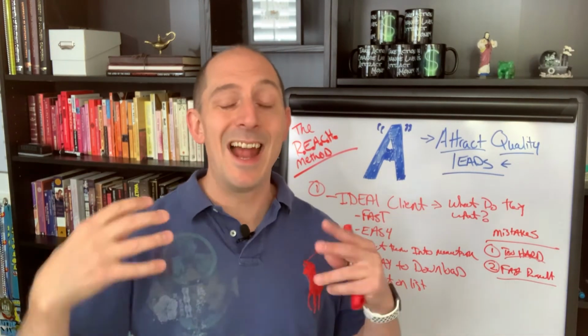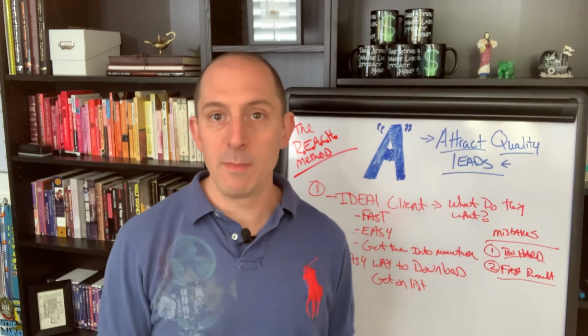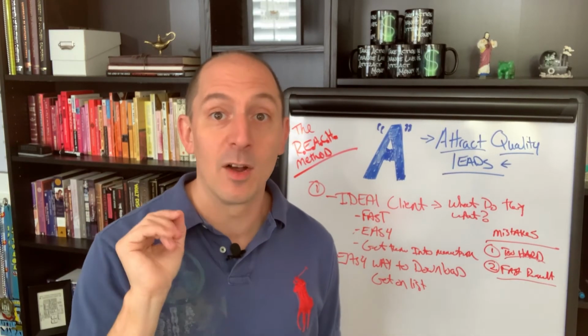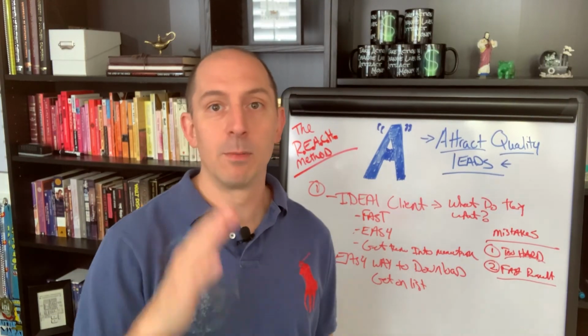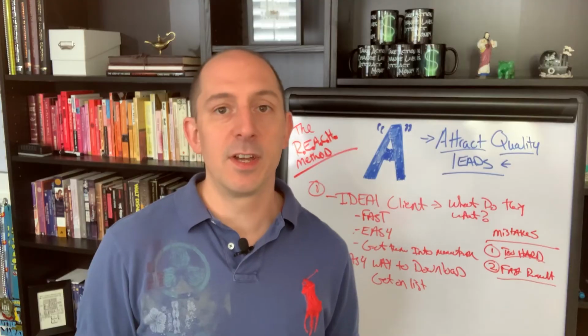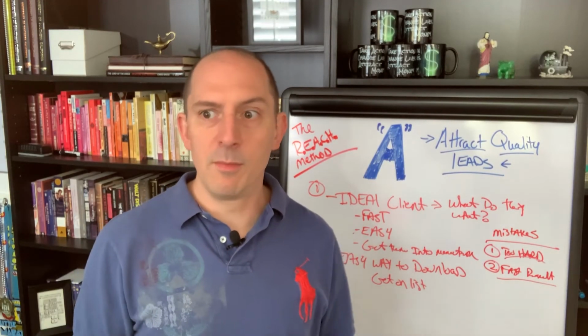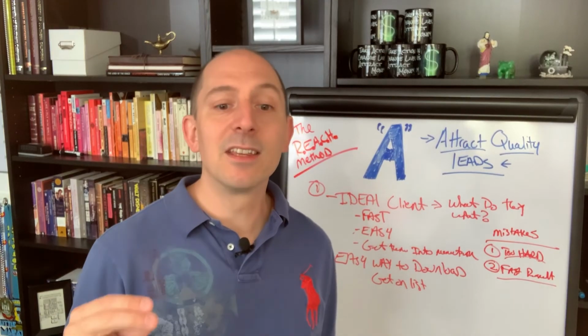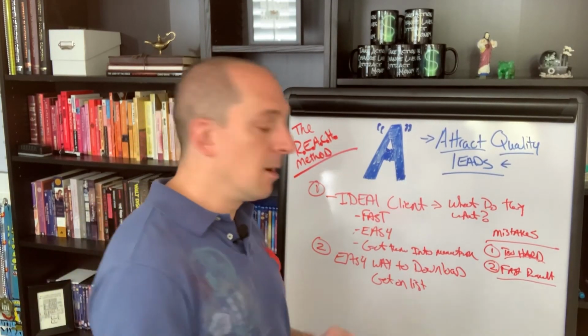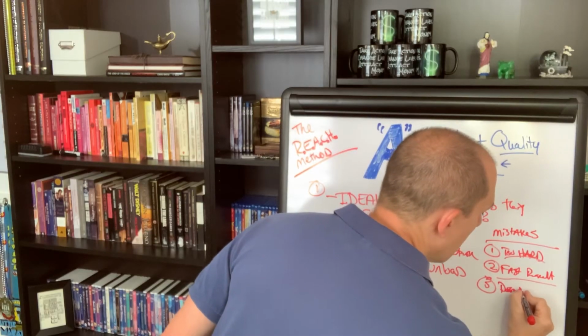Number 2 is that it has to be a fast result. It has to be something that they can consume in a short amount of time and get a quick win. You want them to get into momentum with you. If you've seen some of the lead magnets out there, they're either too long or you consume them and you didn't get anything from it. It has to get them that quick win.